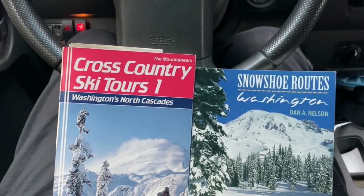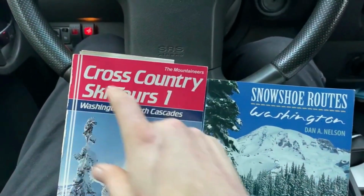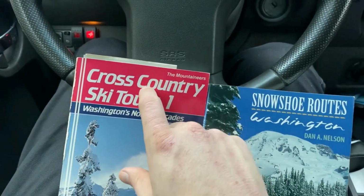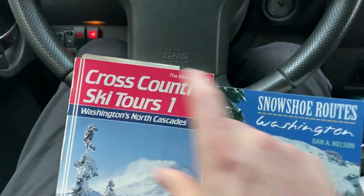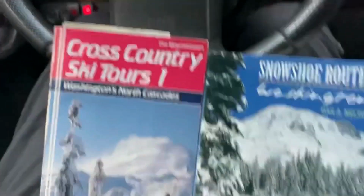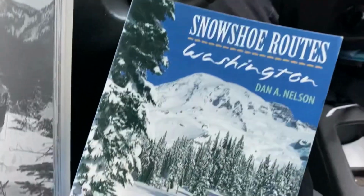So, options. Cross-country skiing, which is going to be our first goal, but it's kind of slushy, so we may turn back and come put the snowshoes on. But luckily, we can do either or at this spot. So first for cross-country, I'm looking for